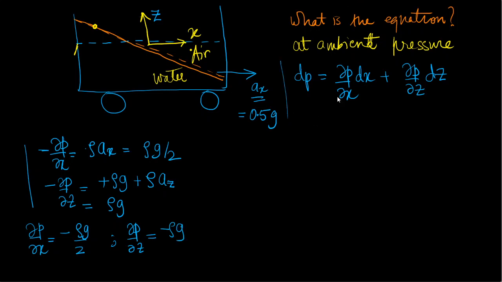Consequently, in this particular equation we can then write dp as minus rho g upon 2 dx plus minus rho g times dz. Now recognizing that all over the interface the pressure is going to be a constant, when I write this equation at the interface,